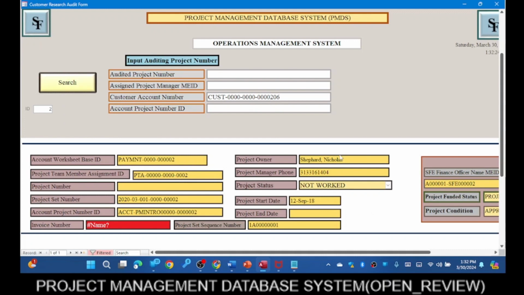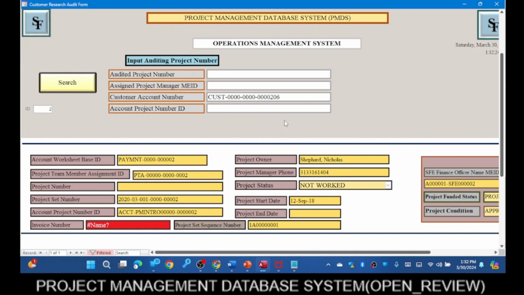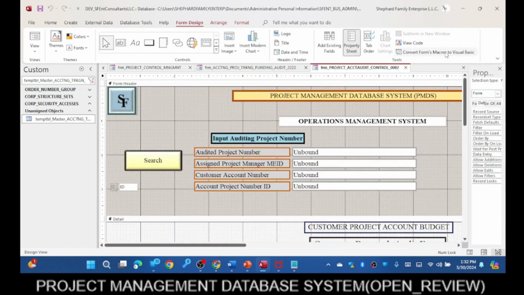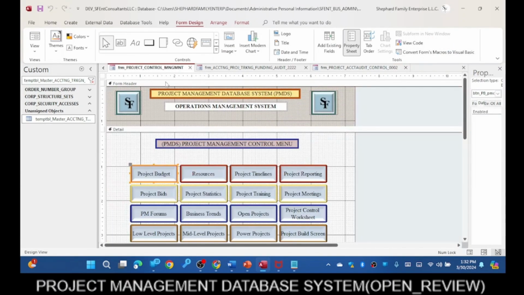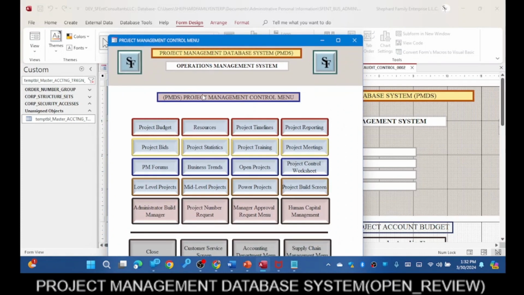All right, so I'm looking at this, and the first thing I notice is that on this form, because this is what we're doing an audit on, okay, and what I'm going to do is I'm going to put this back in design mode because everything starts here, okay. So I'm gonna go back to the form view, all right, and I'm gonna say, okay,